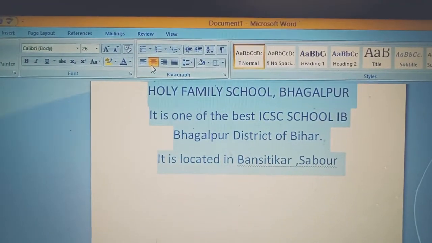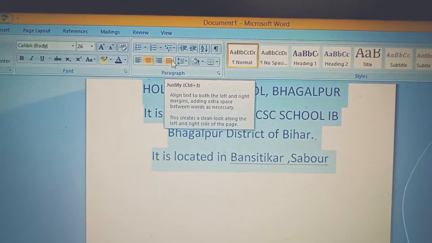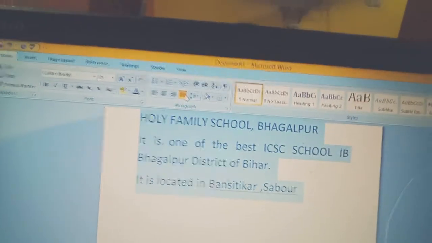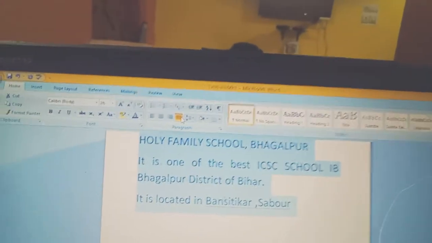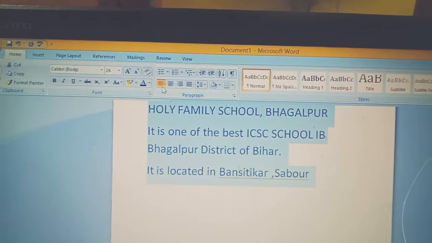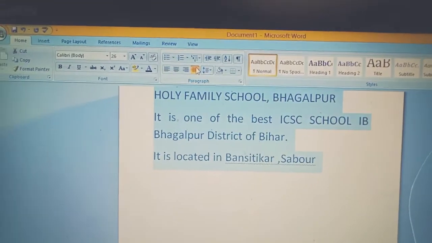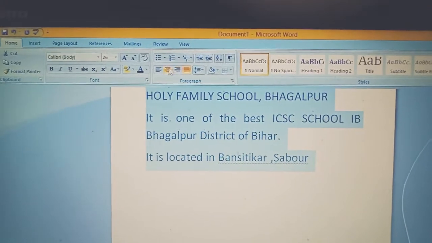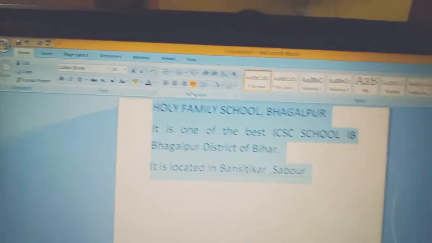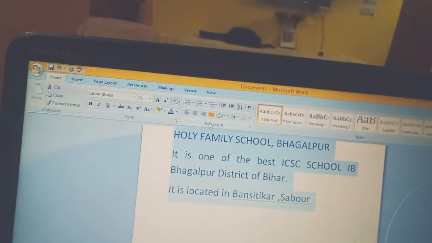You see. Now see, when I click on justify, what is the change that is going to happen? You see, the left margin is arranged. Justify just arranges the left margin. Either you click on left, see the left margin is not arranged, but when you click on justify, the whole of the left margin is arranged. So there are 4 types of alignment: left, center, right and justify.